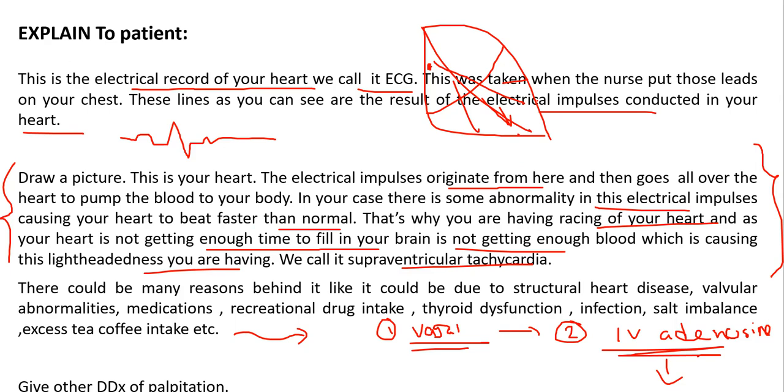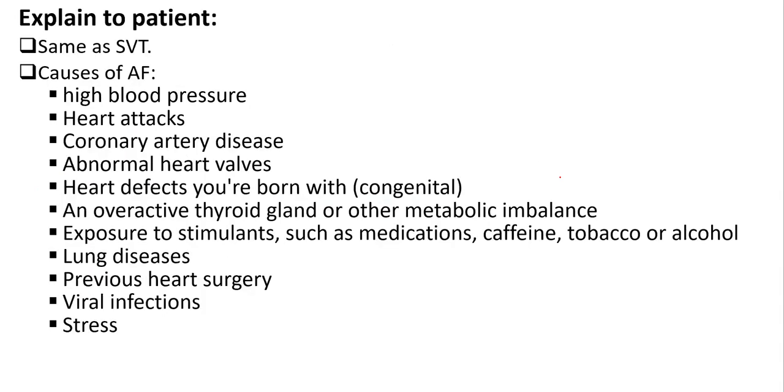Because your heart is beating chaotically and irregularly, you are getting this racing of your heart. And because of that, your heart is not getting enough time to fill. So your brain is not getting enough blood. That's why you are getting the lightheadedness. So it is exactly the same explanation, but the only thing that we add is your heart is beating chaotically. That's it. Everything is the same. Okay. So your explanation will be like this, and then you can say that there might be a lot of